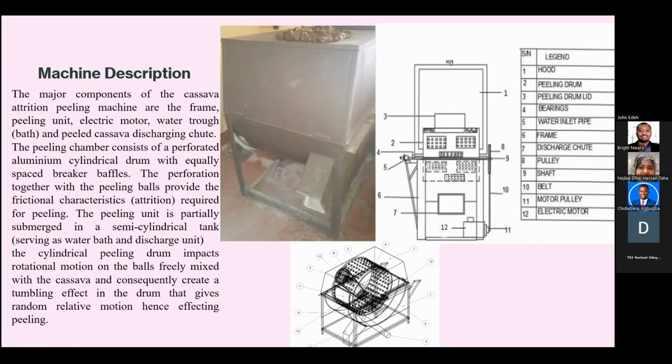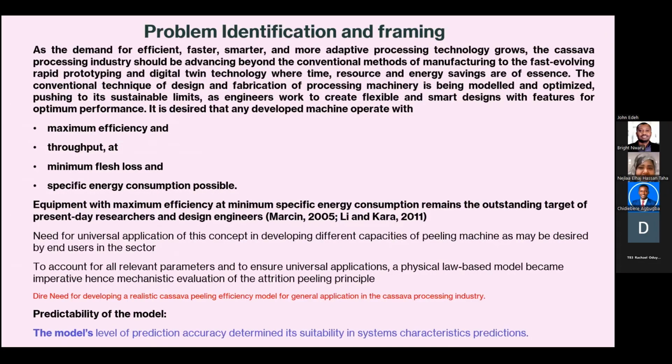So in our preliminary experiment, we didn't just come up with this. Professor Ezekwe in 1979 was the first person that proposed that if you have an enabling ball, as he called it, it can help to access those recess areas and peel them. We actually took it up from there and noticed that it's not just having balls mixed with the cassavas in the peeling chamber, that you actually need to